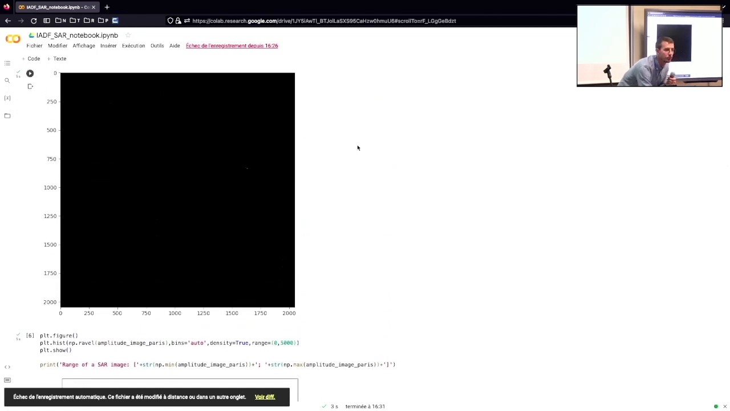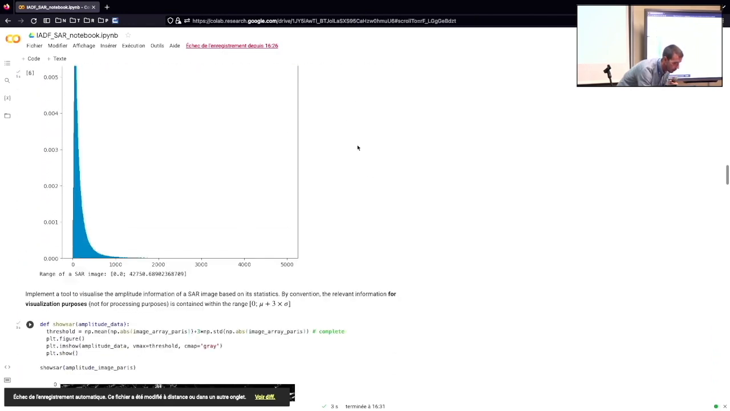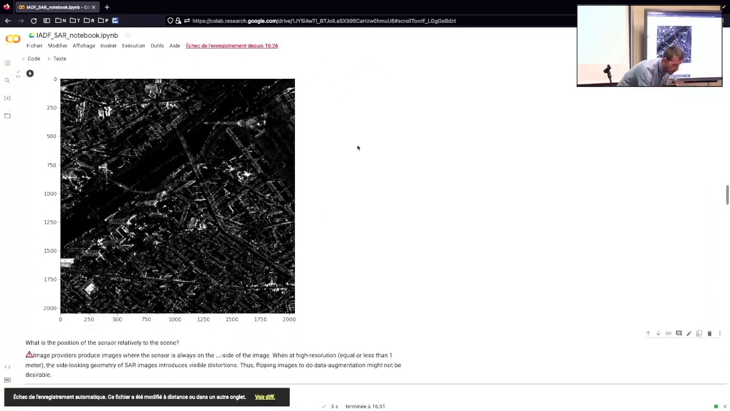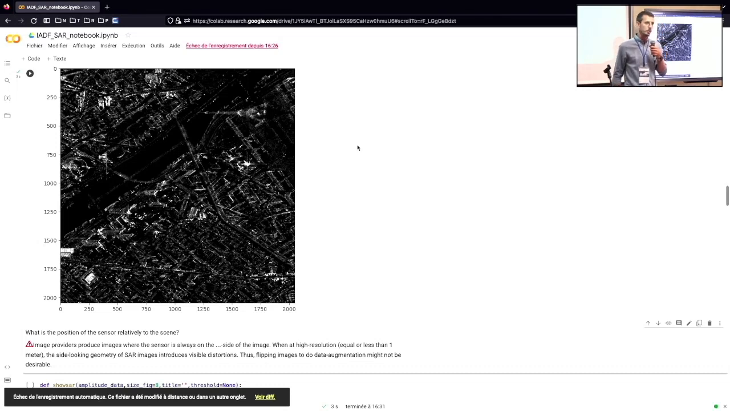So that's the image that we were looking at without any thresholding. And now, by simply thresholding, we can see much better the content of the image, and we can visualize the urban environment. We can see the river, which is in black. So why is the river in black? It's because it does not convey any power towards the radar,